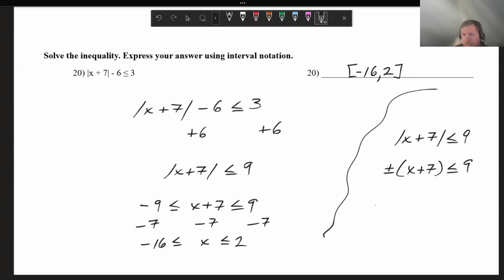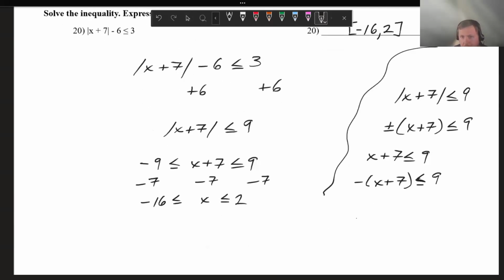I have x plus 7 is less than or equal to 9, and I have negative x plus 7 is less than or equal to 9. Then I solve each one of these separately. So I get x is less than or equal to 2, and then for the other one,